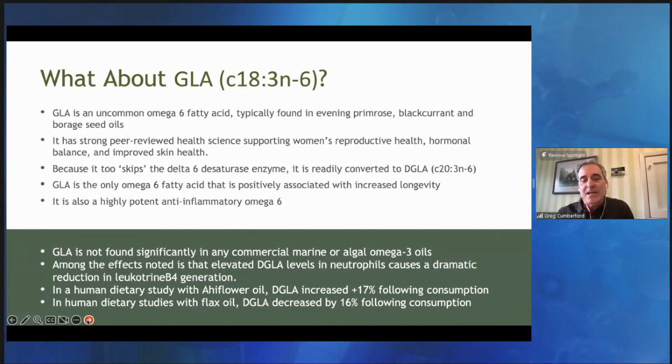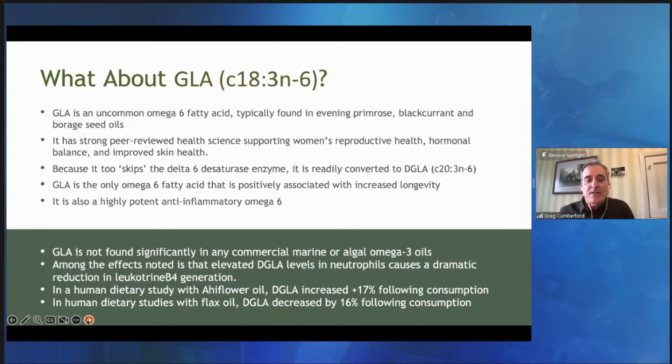It too skips that same delta-6 desaturase rate-limiting enzyme step and is readily converted to its metabolite dihomo-gamma-linolenic acid. And it's the only one thus far in the omega-6 family that's positively associated with increased longevity. It is also a generator of DGLA,